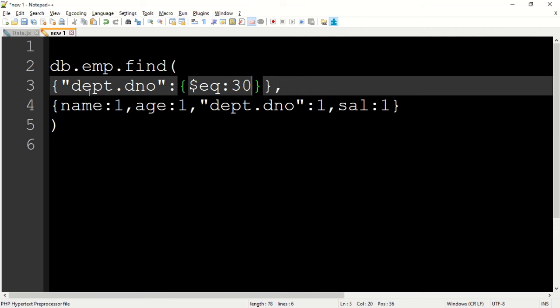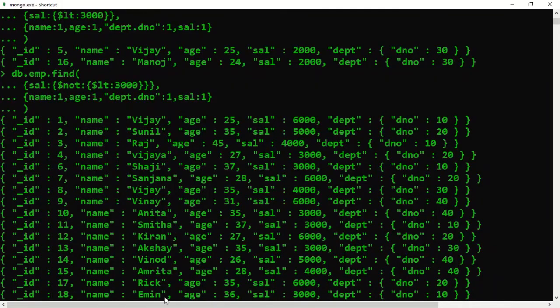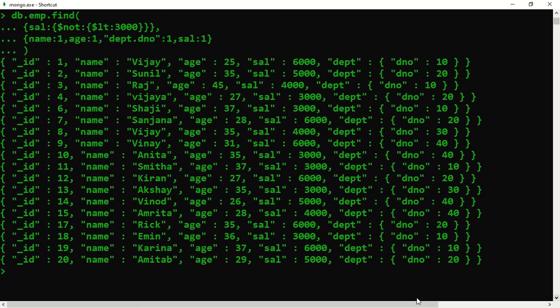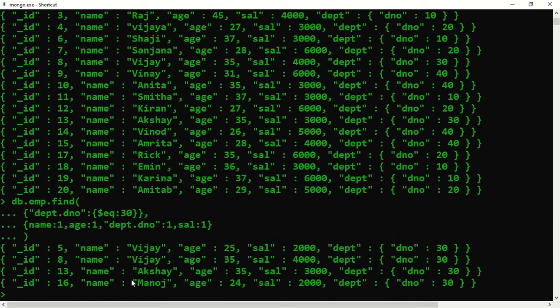So list all the employees or the documents whose department number is equivalent to 30. So let's copy this and paste here. Enter. So there are 4 records whose department number is equivalent to 30, because we have said department number is equivalent to 30, right?